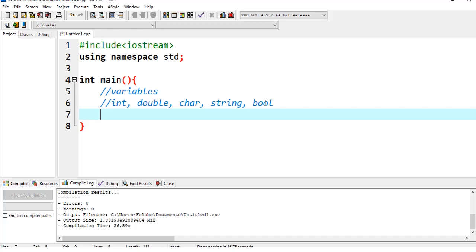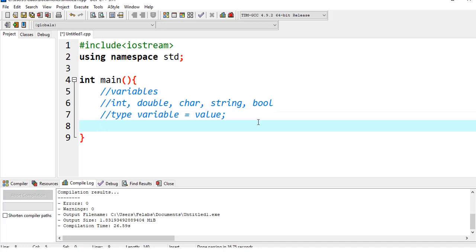So first of all, we want to start with when we declare or create a variable. Normally, the syntax is always, you give it a type and then the variable name, or we could call that the identifier, and then we assign it a value. For example, we could declare a variable with an integer type. We could say int name is equal to